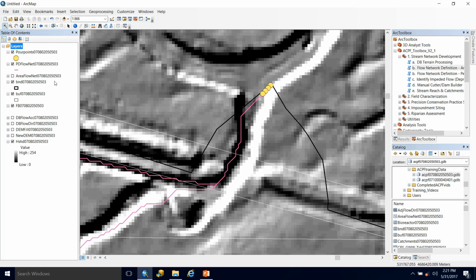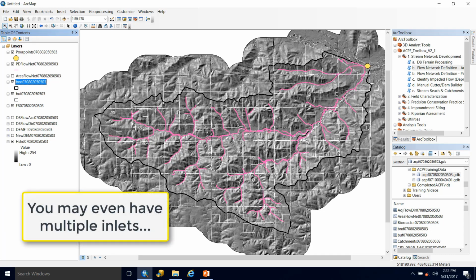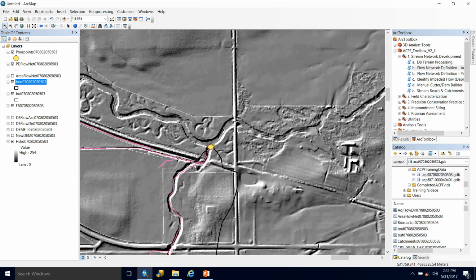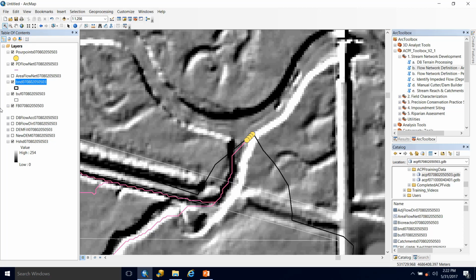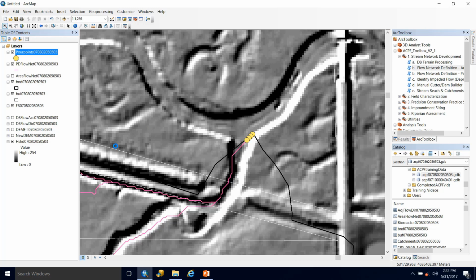If you're working on a watershed that had a stream flowing into it from a more upstream watershed, then you would have an inlet point somewhere near the headwaters and an outlet pour point. But in this case, we only have our 1 pour point. So let's go ahead and edit it and choose the appropriate one. So I'm going to right click on pour points, edit features, start editing.